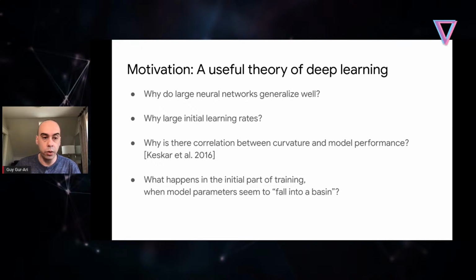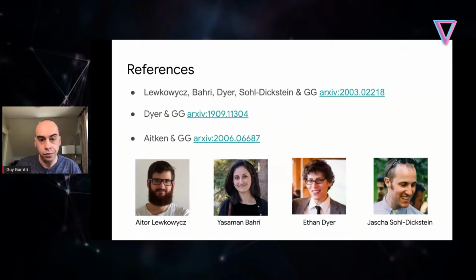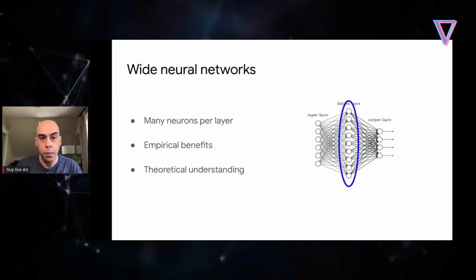And in this talk, we will consider an example, something that's controllable in theory, but it's also connected to practice, where we can try to address some of these questions and come up with answers. The main paper I'll focus on is the first one here, with my collaborators shown at the bottom, and I will also touch on a couple of other papers during the talk. But the main reference for this talk is the first paper on the catapult effect.